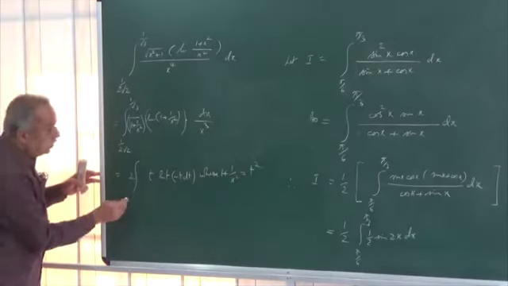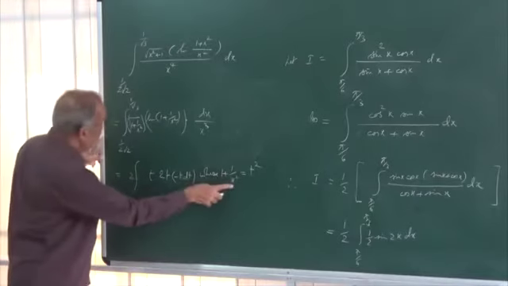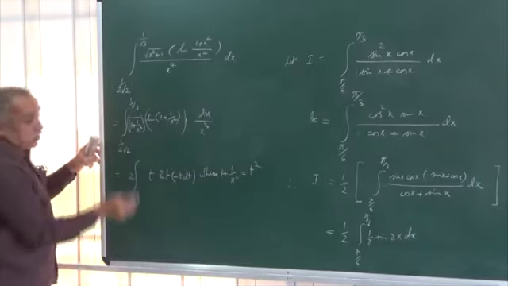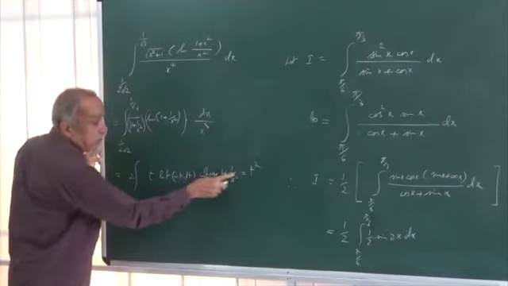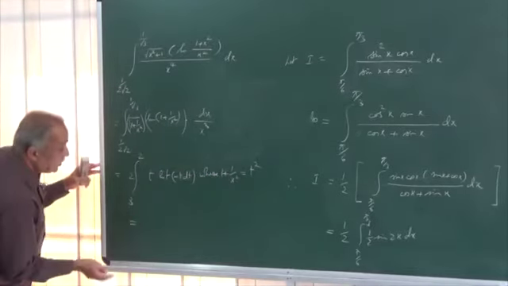New limits. When x equal to 1 by 2 root 2, 1 by x square is 8, plus 1 is 9, so t is 3. When x equal to 1 by root 3, 1 by x square is root 3 square, which is 3, plus 1 is 4, so t is 2. Interchanging the limits,